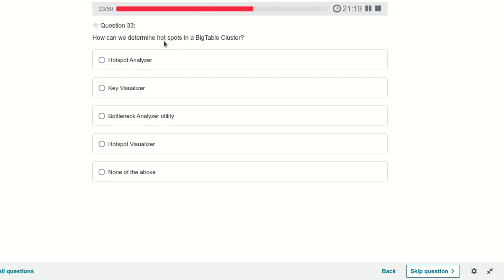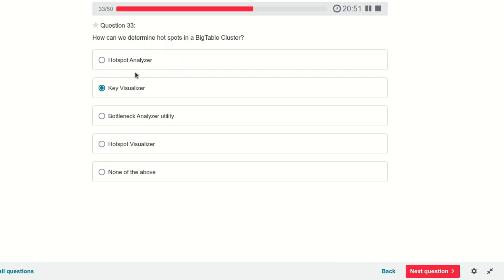It happens because in Bigtable we store the data in the form of a row key and value, that is a key-value pair, right? So if our row key is wrong, then it will always create hotspots. So how will we determine this? We can easily determine it if we visualize the key, and then we can tell, okay, it will create the